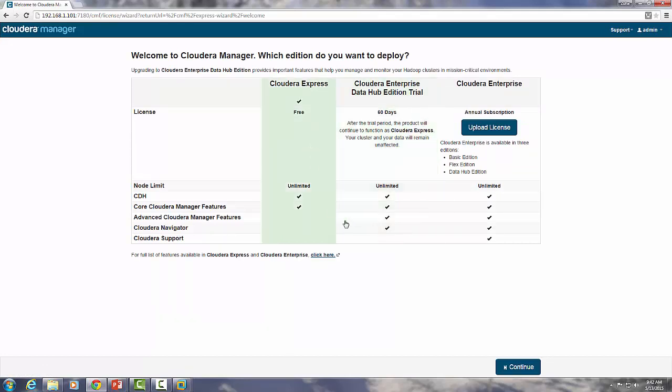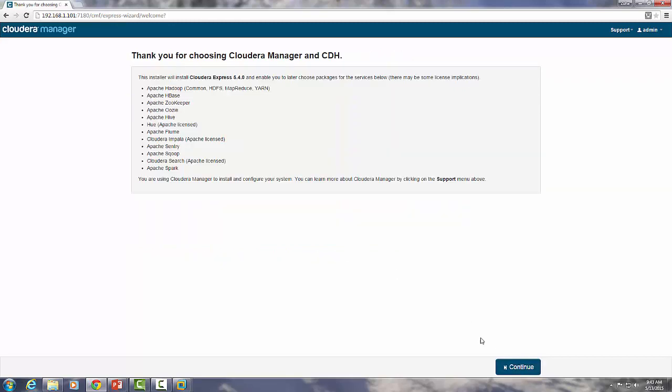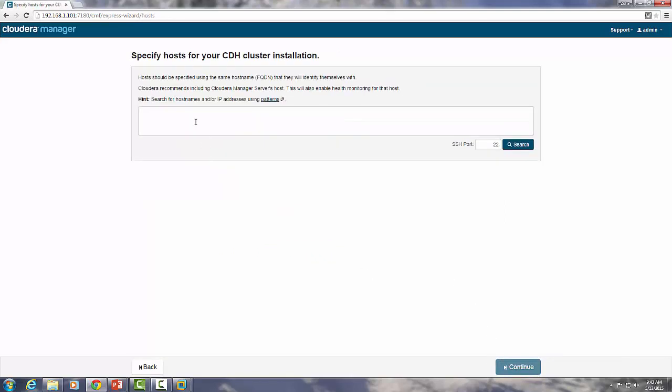We'll use the Cloudera Express. It's free and it doesn't have the advanced features like Cloudera Navigator support, but for us it's good right now. It will install 5.4.0. Okay, we'll have to add the host, and